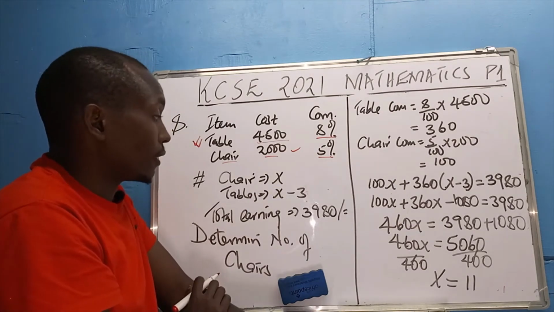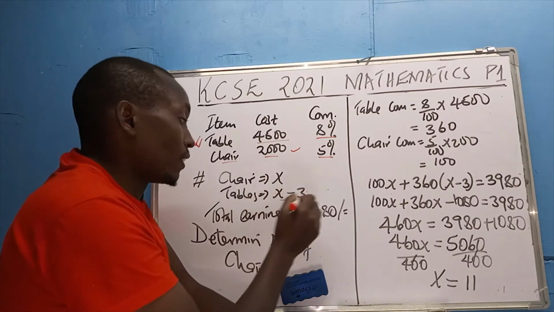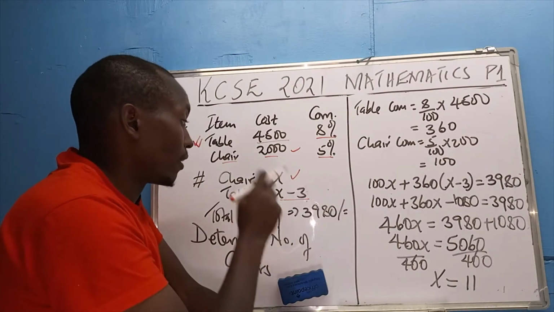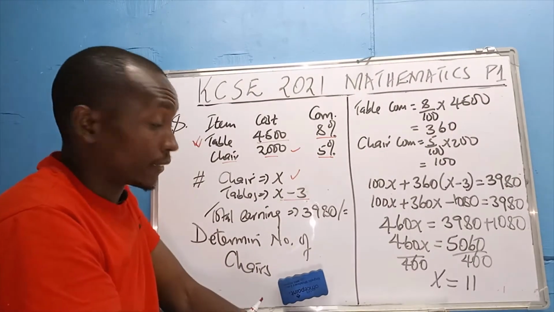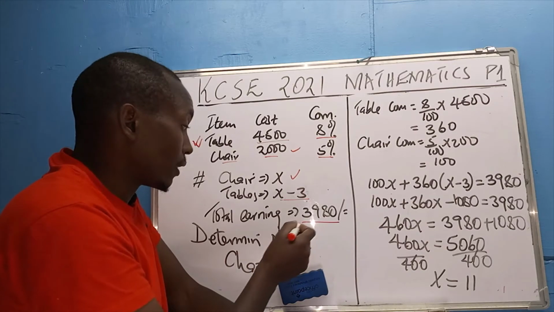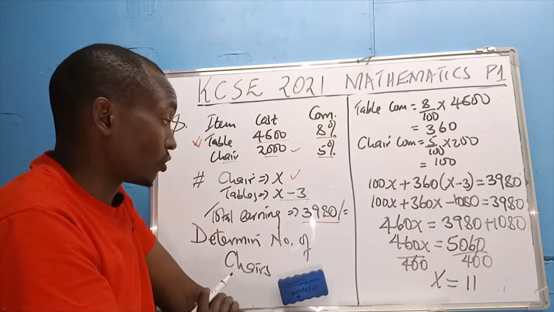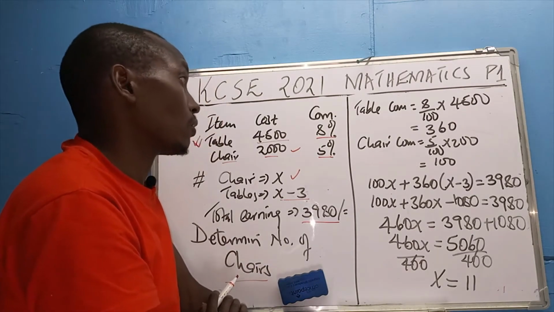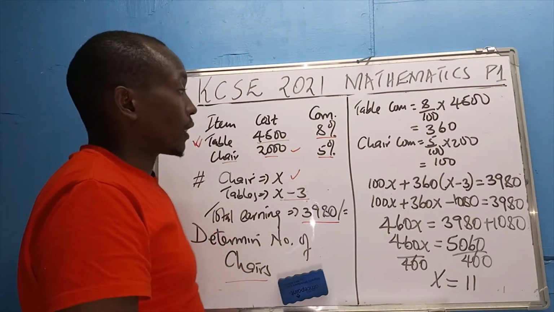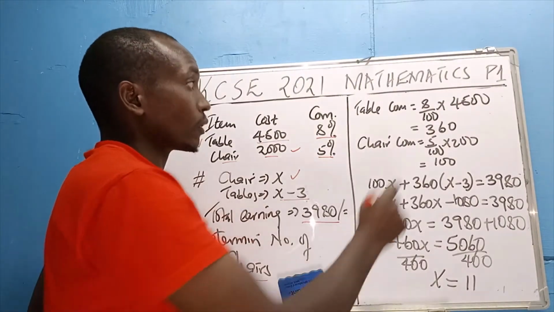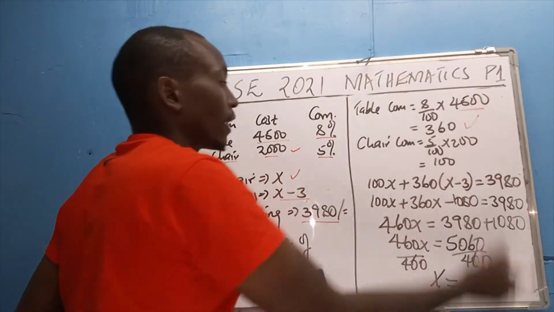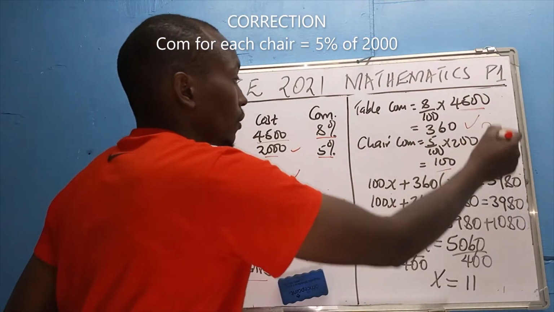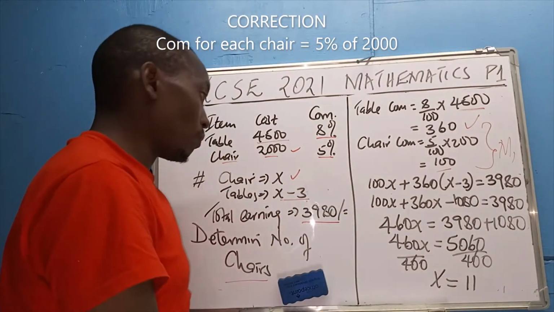You're told that the salesperson sold 3 tables less than the chairs. So if the chairs are represented by x, then the tables will be represented by x minus 3. In a certain week, the salesperson earned 3,980 shillings. So the question is, you determine the number of chairs that this person sold. We start by working out the commission for each item sold. 8% of 4,500, you get 360. The commission for the chair will be 100, 5% of 2,000. If the student was able to work out the 2 commissions, 1 mark there